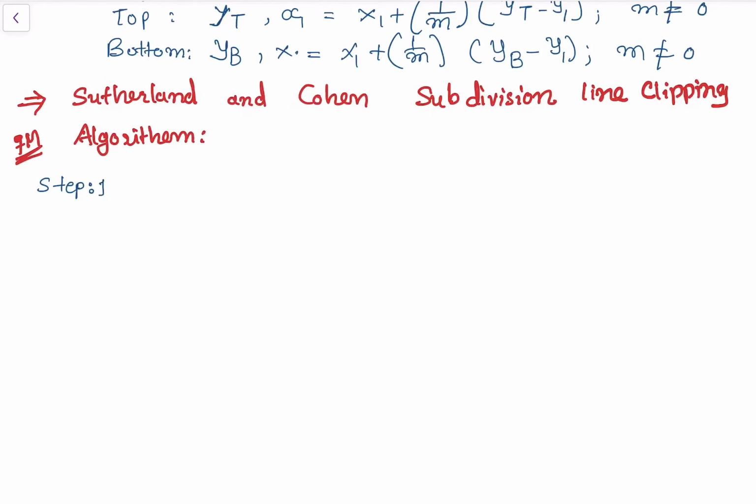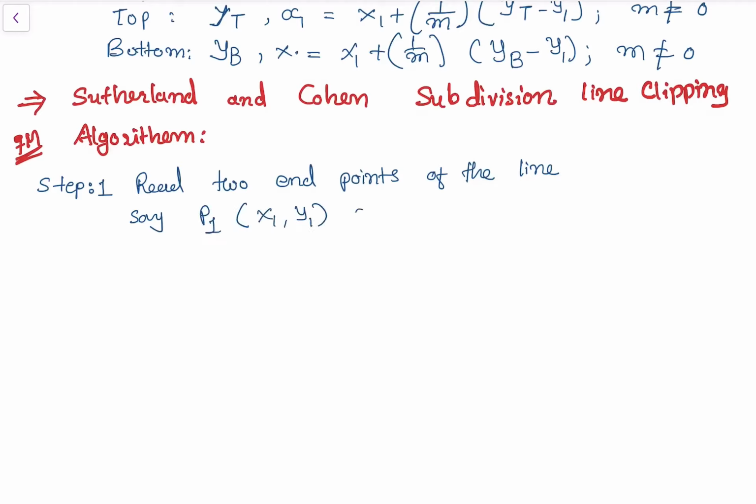Step number 1: read 2 endpoints of the line, say P1, that is point 1, x1, y1, and P2, x2, y2. Now step number 2: read 2 corners,